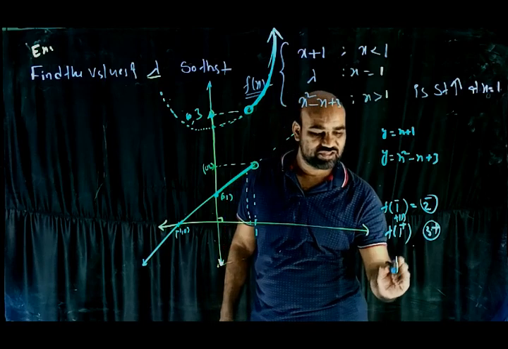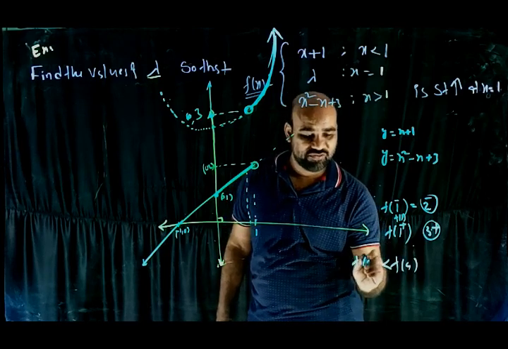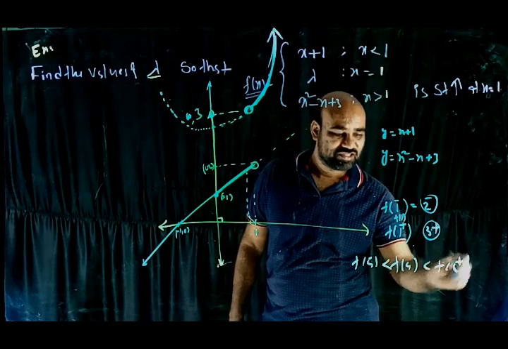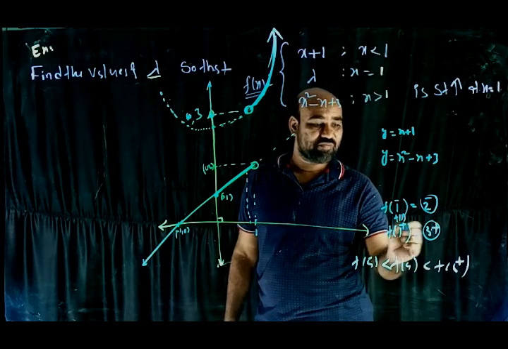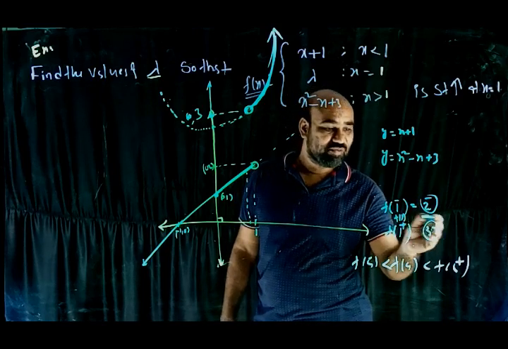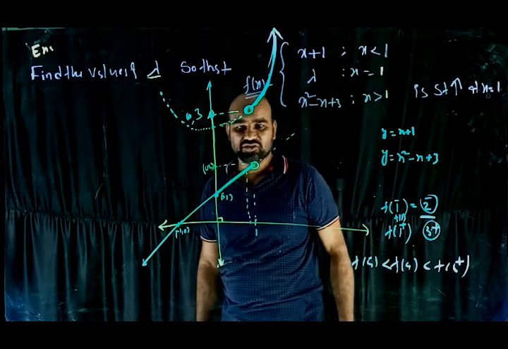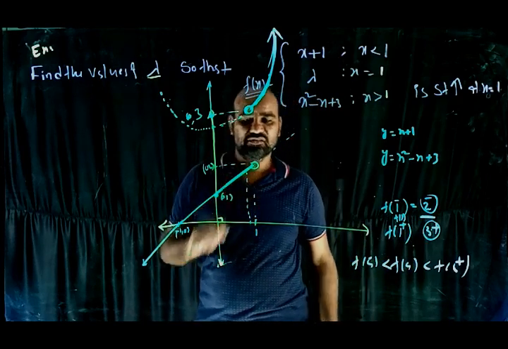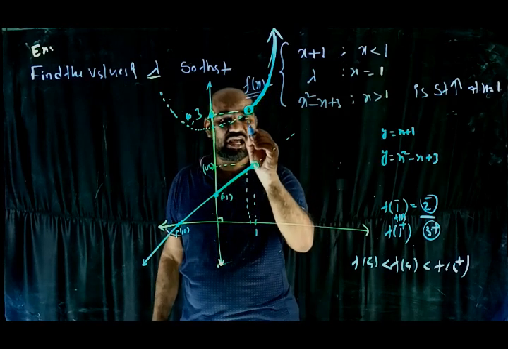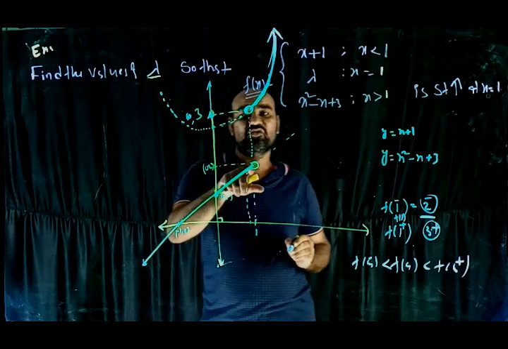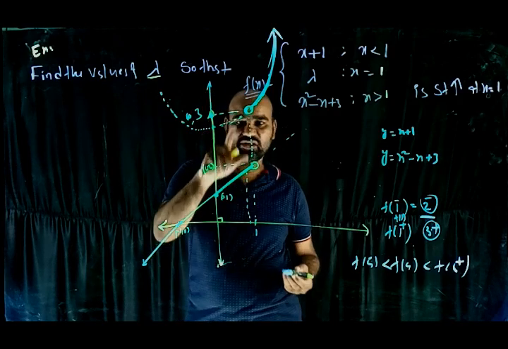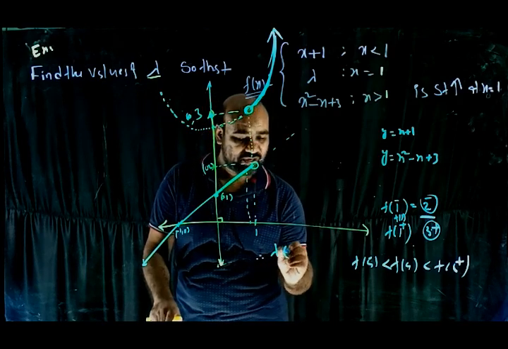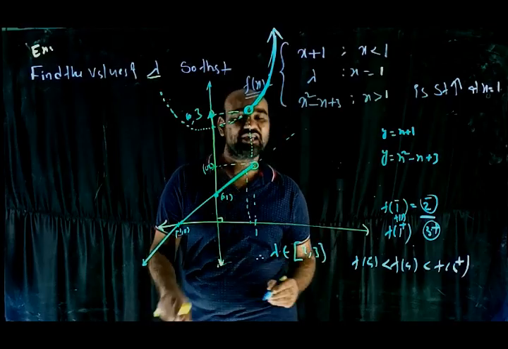Understood or not? So what is the definition? f of a should be greater than f of a minus, and it should be less than f of a plus, then only at a the function is increasing. So f of 1 minus is 2 minus, f of 1 plus is 3 plus. So f of 1 should be in between 2 and 3 only. Understood? Okay. So that's why your lambda value should lie between 2 and 3. It may be equal to 2 or lie between 2 and 3. Therefore, lambda belongs to the closed interval 2 to 3. Only then is the function increasing at 1.